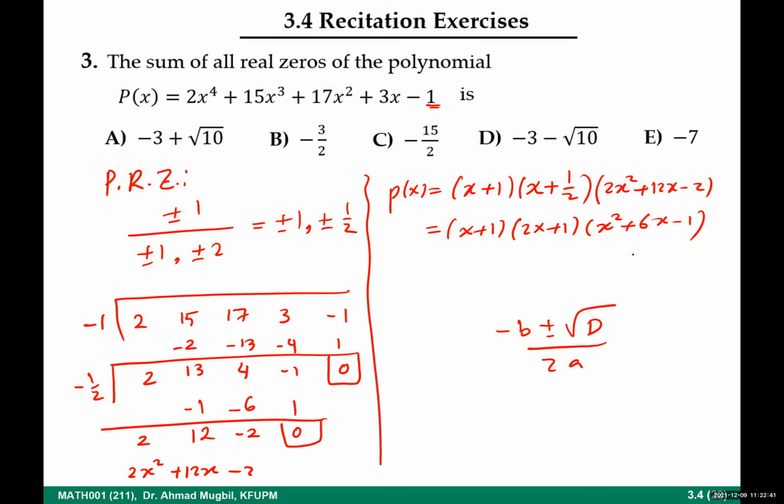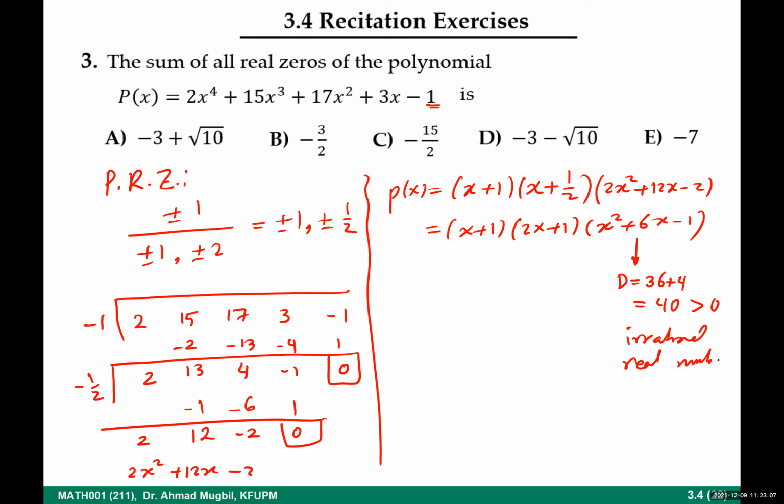So now if you try to solve this one, what will be the discriminant? The discriminant will be b squared, which is 36, minus 4ac, which will be plus 4, which is what? 40. This is not a perfect square. So we will know that the solutions are what? Irrational, but real. So they are irrational real numbers. So now we can use the idea of the sum. So the sum of the solutions will be what? The first solution is -1, plus the second solution is -½, plus